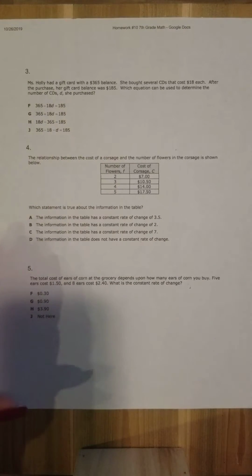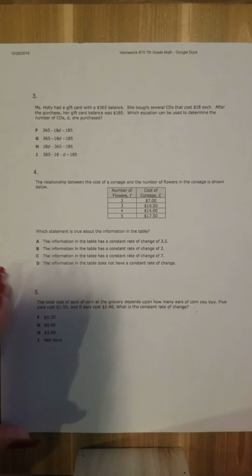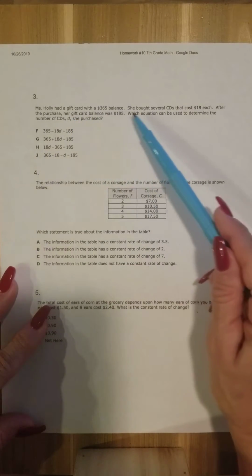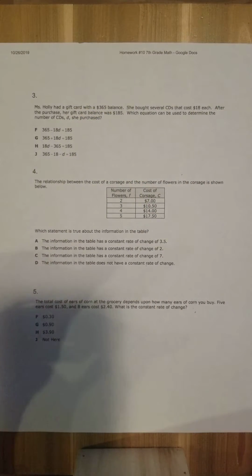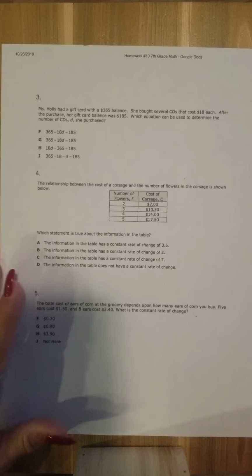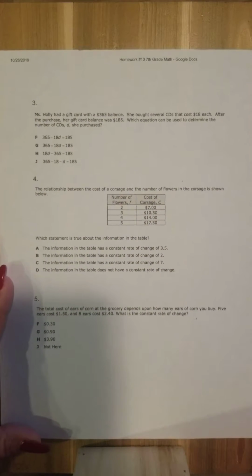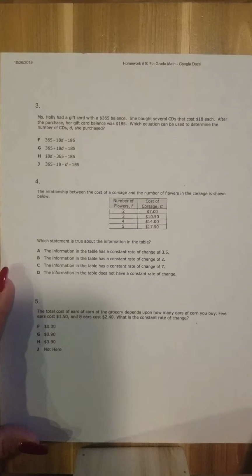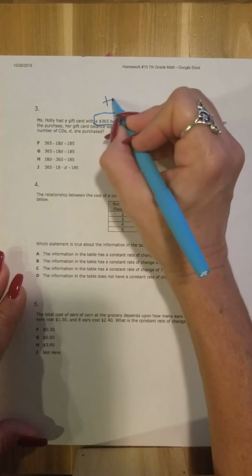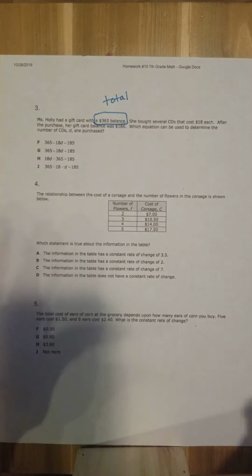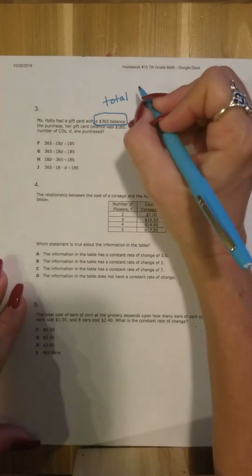Okay? Number three. We are just matching the real life situation to what's going on here. So in here, you want to look at words, vocabulary that tells you, are you multiplying? Are you subtracting? Are you adding? What is the total? And things like that. Okay? So I'll help you out a little bit. However, I'm not going to give you the answer. Miss Holly had a gift card with a $365 balance. Okay, that implies that that's a total. It implies that. That's how much total,